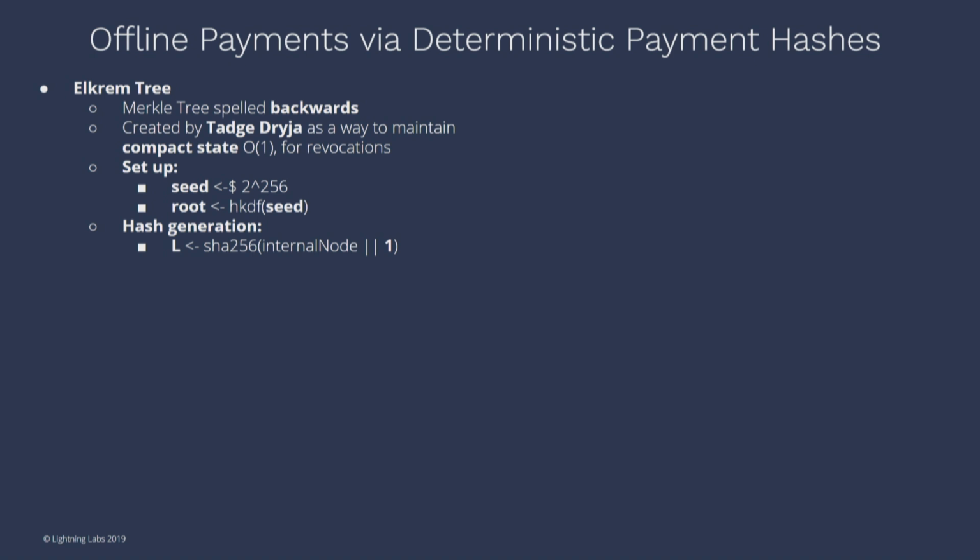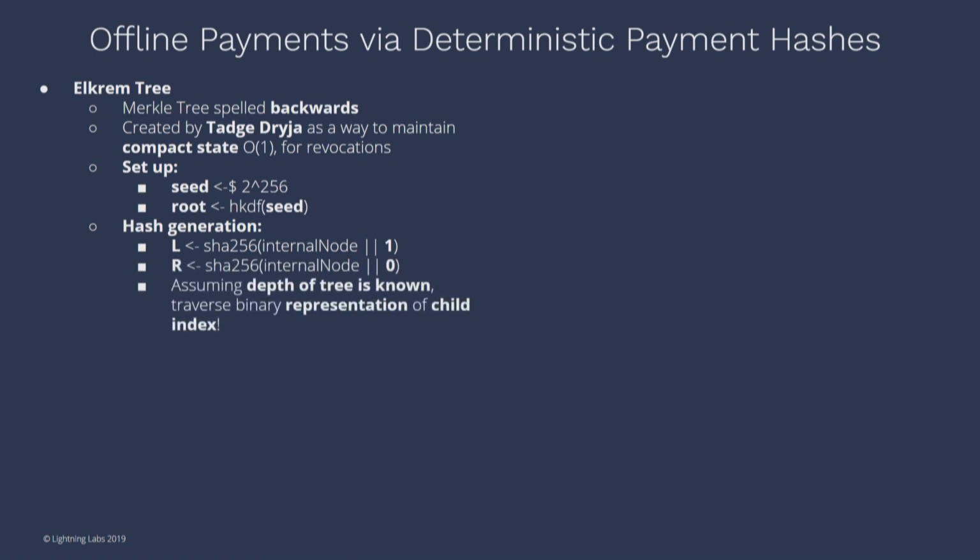If we start with our root or maybe an internal node, hashing the internal node with a 1 is us going left, and hashing the internal node with a right is us going right, basically. So you can view it as: if I know the binary representation of some value, then I can use that to derive every single thing in the tree. Let's say the tree was of depth 9, that means we can have like 1,000 different hashes. If it's of depth 32, we could have like 4 billion different hashes, right?